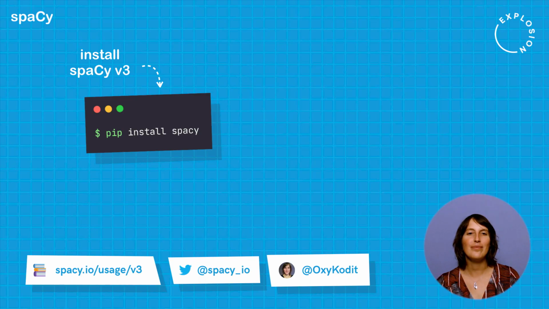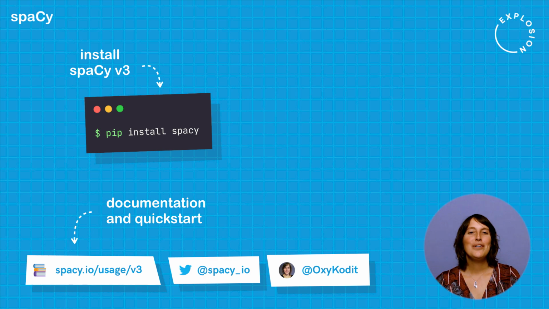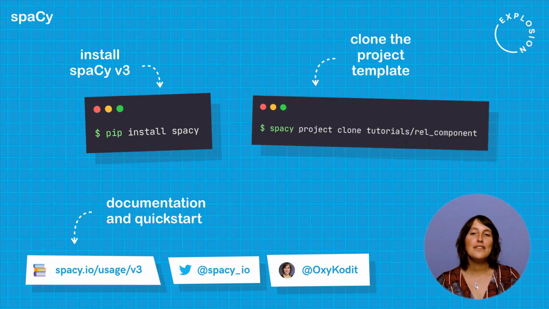I hope you've enjoyed watching this video in which we discussed the practical steps to implement your own trainable component in spaCy 3. We saw how to build a model with Thinc, how to use a new configuration system, how to implement a new pipeline component, and how to use a transformer to boost the performance of your pipeline. When you start playing around with some of these concepts, I hope you'll be as excited as we are about the new spaCy 3. If you are specifically interested in implementing a relation extraction component for your domain, you can clone the code from our project's repo and give it a spin.